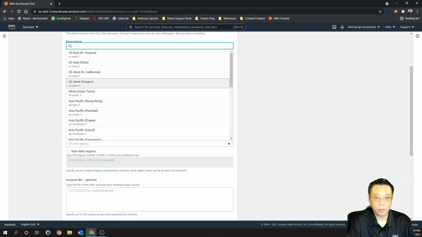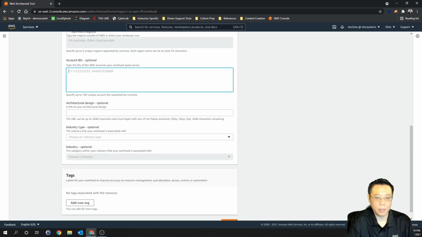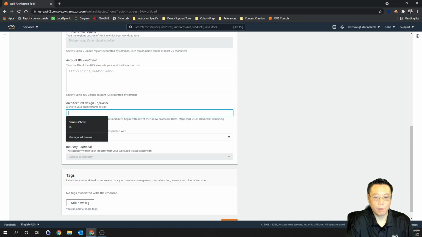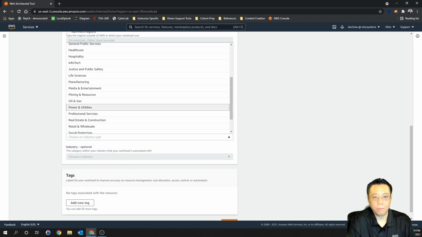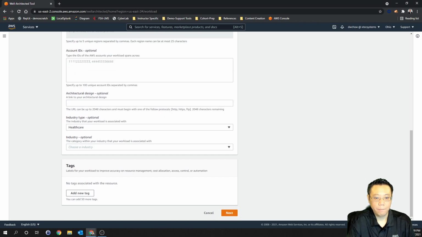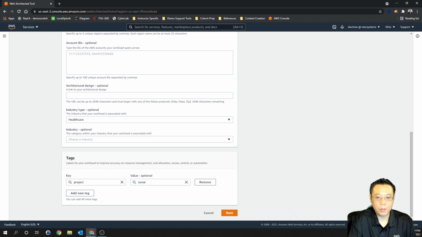Which region I'm going to select. So I'm going to use US East 2 in most cases. My account IDs, if it makes sense. Where my architecture design looks like, so a URL to the picture, and potentially the industry type, maybe healthcare, for instance. And then my appropriate tags. I want to say I'm project sonar or something. I don't know. You pick. Make sure it's identified. Make sure you have a key value pair, and you can add up to 50 tags